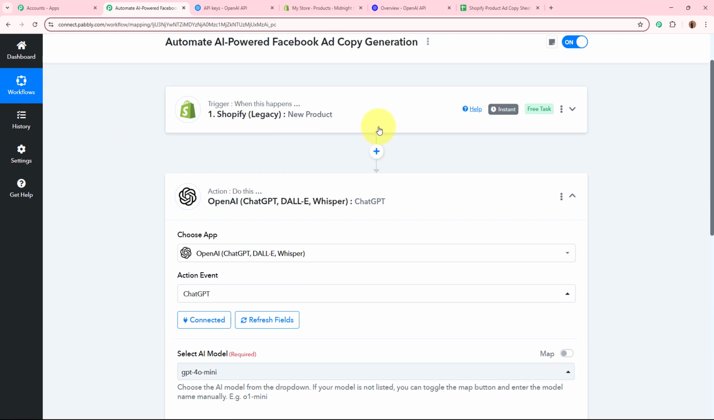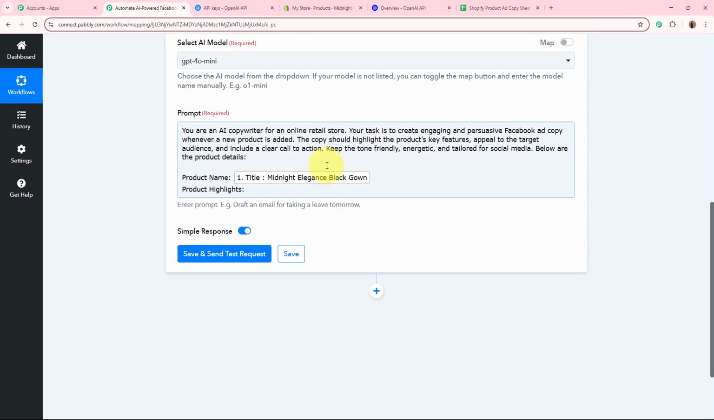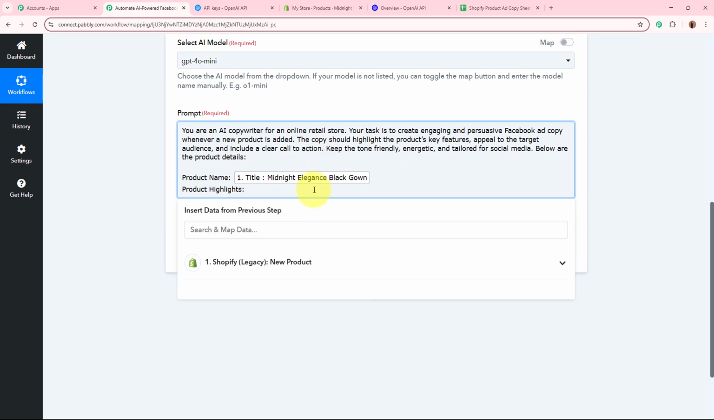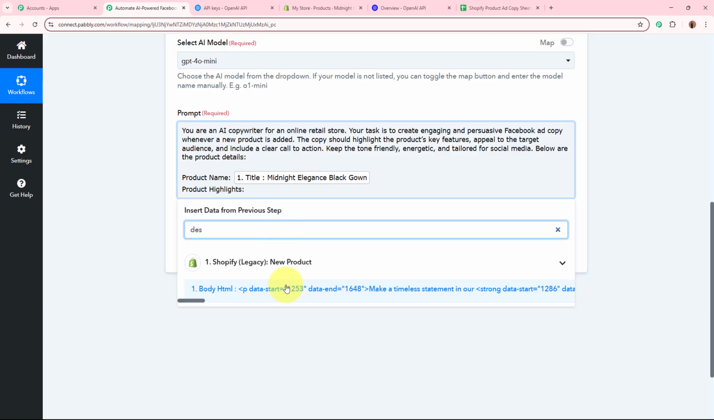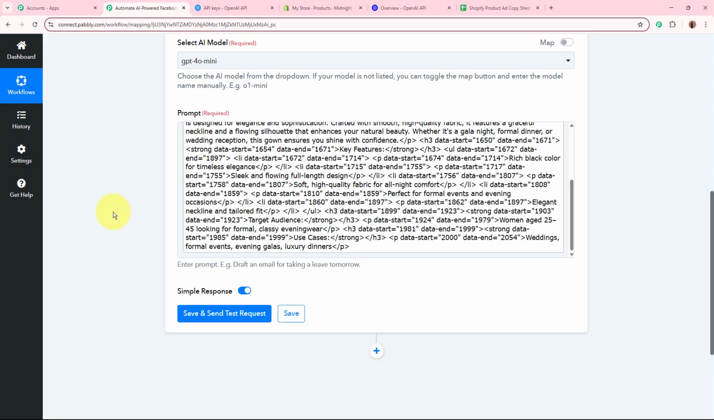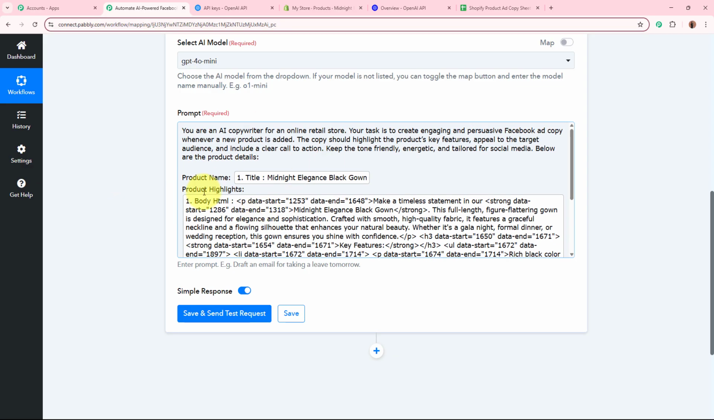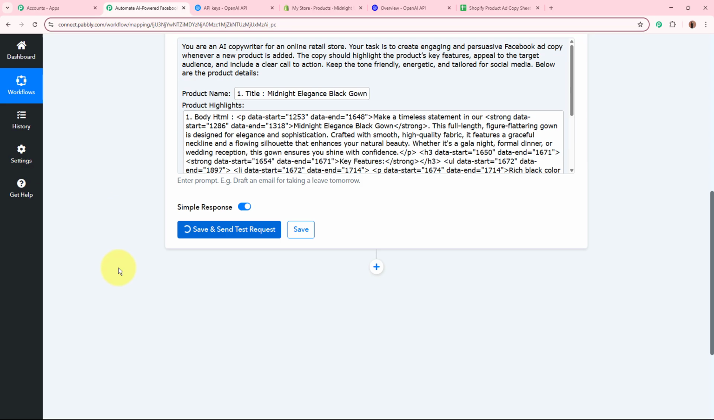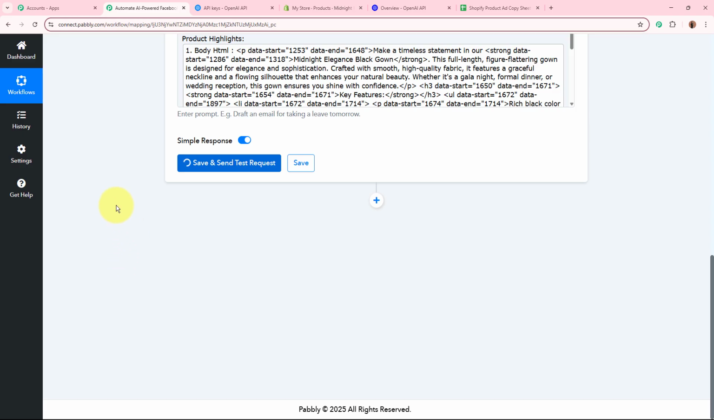That means now whenever a new response is going to be captured in our previous step, automatically the new data is going to be updated in place of this mapped data. Similarly, for the product highlights, I'm going to map the data of the highlights that I've received. This is a description. I'm going to map the data right here. After adding the prompt and selecting the AI model, I'm going to click on this Save and Send Test Request